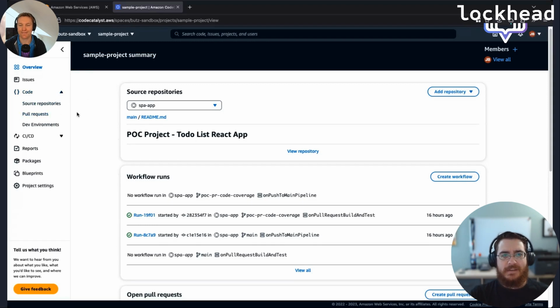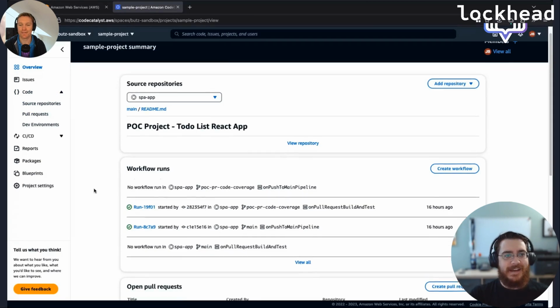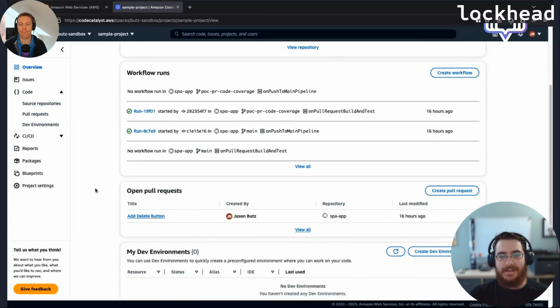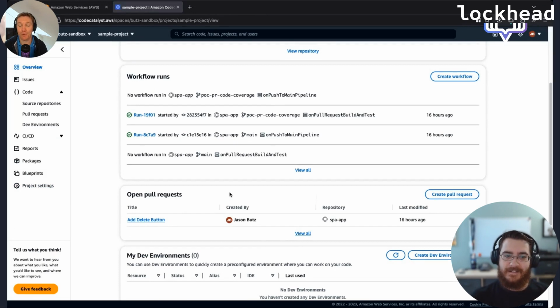Having to expand out the menu is fine, but I wish I didn't have to do it all the time. But it turns out there's actually an open pull requests interface down here. I've only got one repo, but I imagine it's going to show them for all the different repositories. I hope so. But in this very moment, this recording was already worth it because the CodeCatalyst team might be